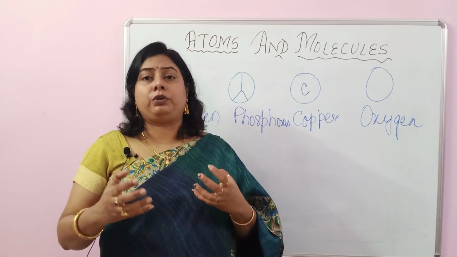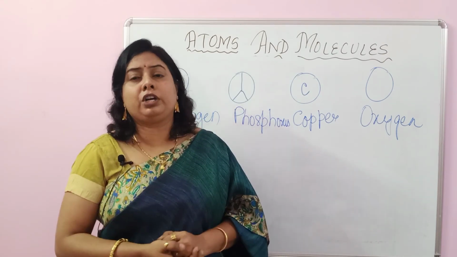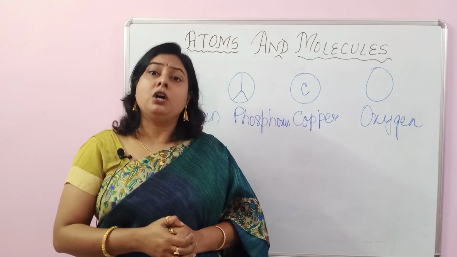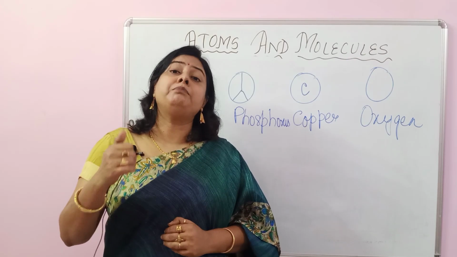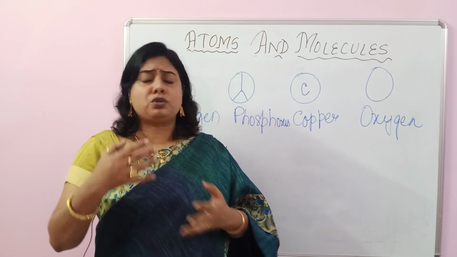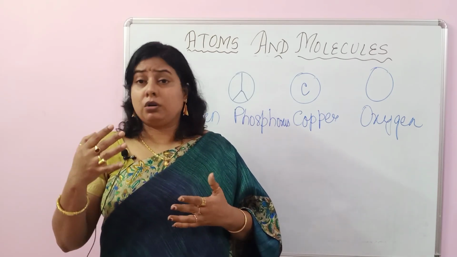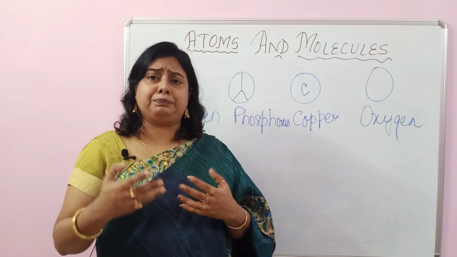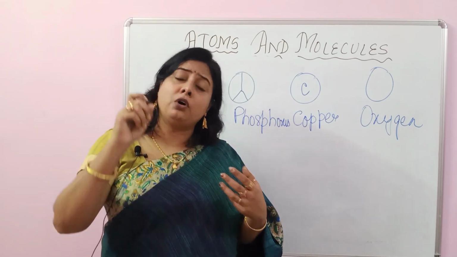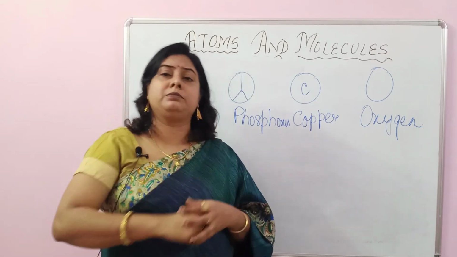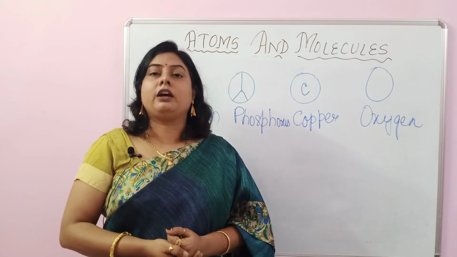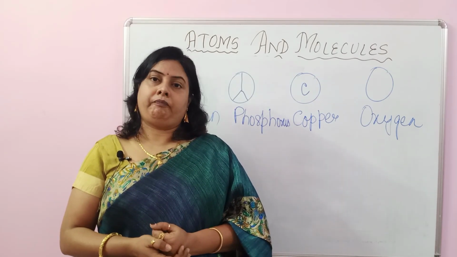So how do we find out how many atoms are there in a molecule of that compound or of an element? By its atomicity. Atomicity represents the number of atoms present in the molecule of that element. For example, sodium, potassium, gold, silver, platinum, copper, iron, all the metals, their molecule is composed of one atom only because their atom is capable of free existence. So their atomicity is 1.